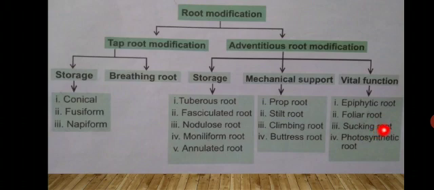For example, Cuscuta, it is one of the parasitic plants. The last one is photosynthetic root. Some plants have the capacity to produce their own food. The roots look green in nature. Only then is it called a photosynthetic root or an assimilatory root. For example, Tinospora or Trapa natans. Tinospora, in Tamil we say Sindil Kodi. The sucking roots are otherwise called haustorial roots, because the sucking root is present in some parasitic plants.